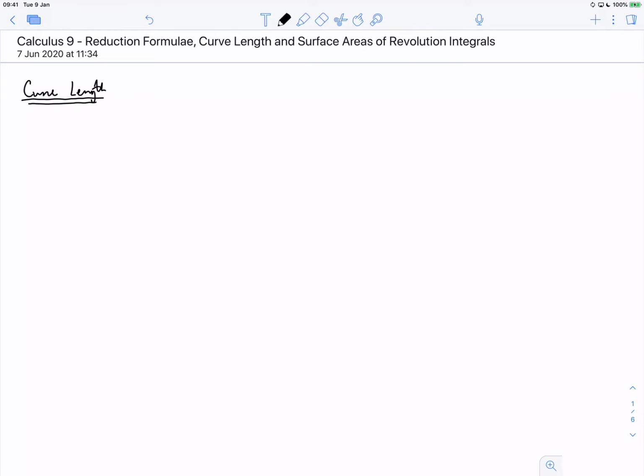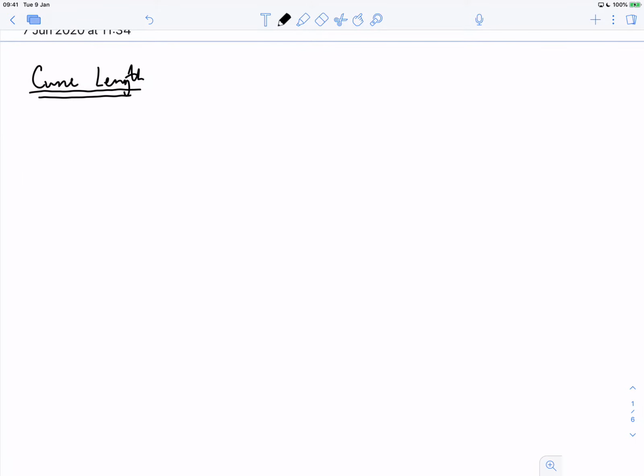Now I'm going to do this in a bit of a wacky order. I'm going to do curve length first and then use that to build on surface areas. And then reduction formula, there isn't really a general method per se. It's more of a technique you can use when dealing with integrals that you can kind of spot or reduce down into a pattern. So when I'm talking about curve length,